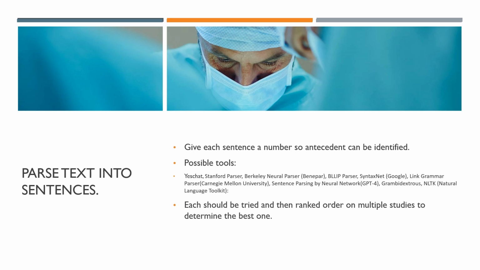Next thing is parsing text into sentences. We want to identify every sentence, and generally sentences are identified by a period. However, be aware that a period can also indicate a decimal point. So you need to make sure whichever parsing tool you're using can tell the difference between a period and a decimal point. And in some cases you may want to do pre-processing to separate decimal points from periods by, for example, giving a special ANSI code, which looks like a decimal point, but